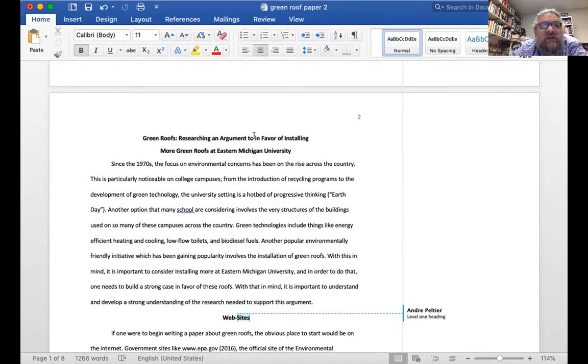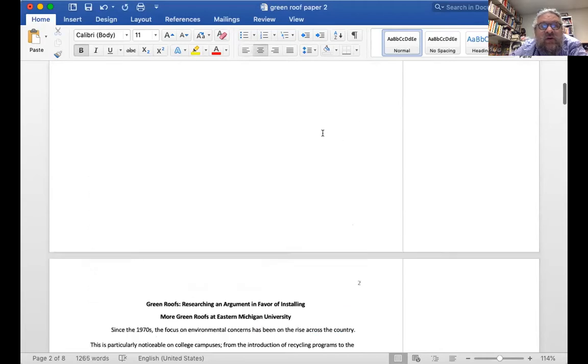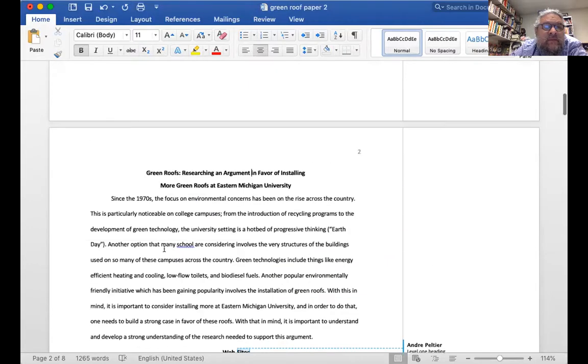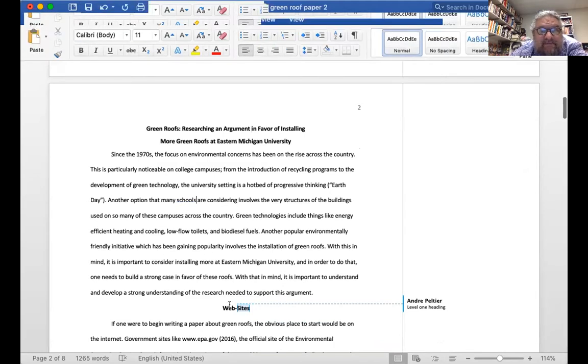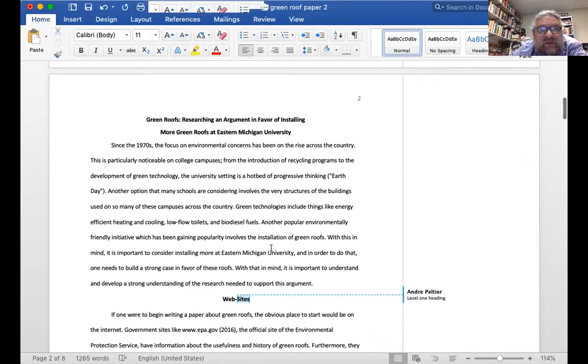Again, we have the full title at the top of page 2, page number in the upper corner. We have my intro paragraph that talks about green roofs a little bit, many schools, not school. Then we get to my specific point. With this in mind, it's important to consider installing more at Eastern Michigan University. And in order to do that, one needs to build a strong case in favor of these roofs. To do so, one must